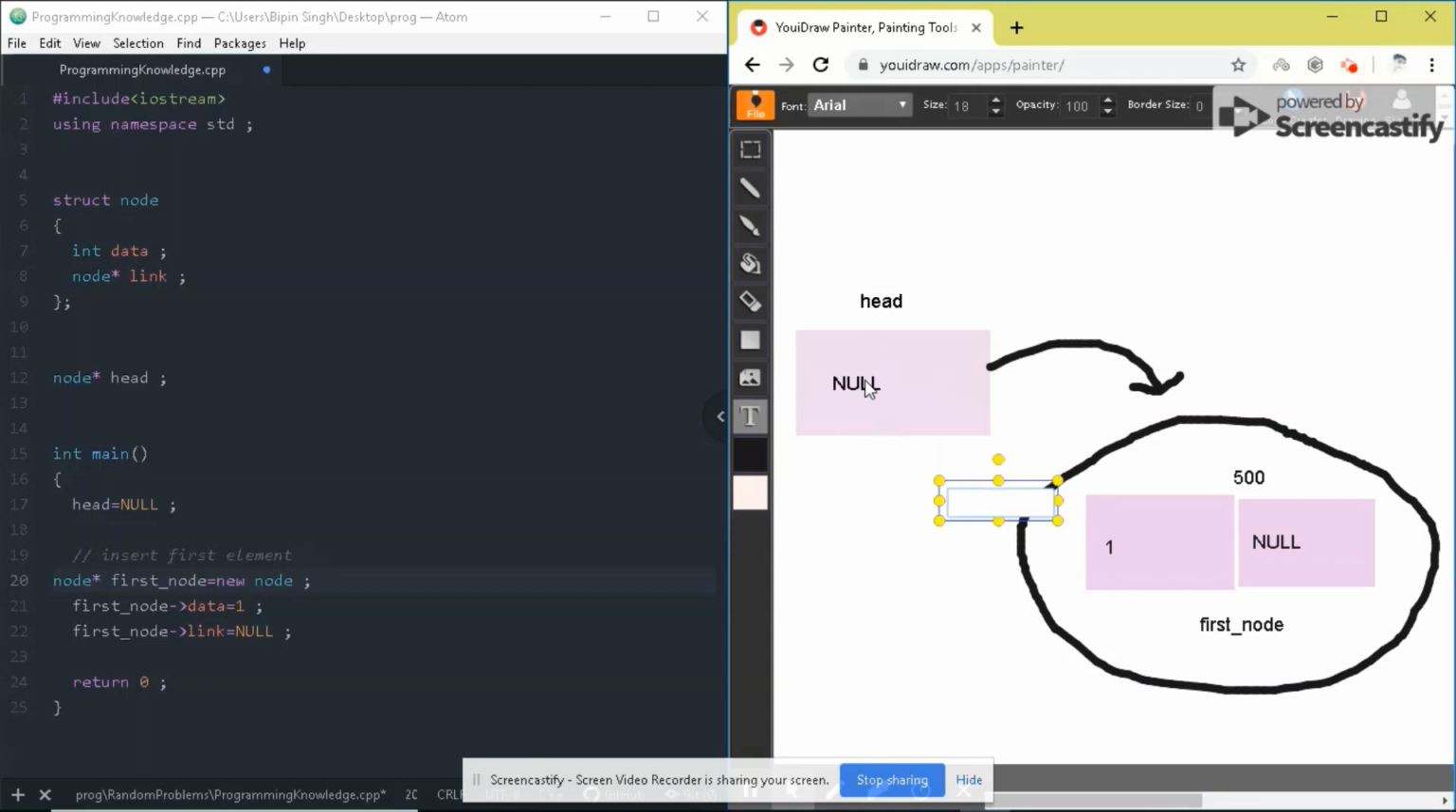So there will be no null right now. Let's erase this. There is no null, but we'll store 500 in this so that we are connected in this way. So how do you do that? You simply say head is equal to first node, which makes sense. So head is pointing to the first node, so head will contain the address of the first node because head is of type pointer. So head is equal to first node, and now let's print it, which is cout